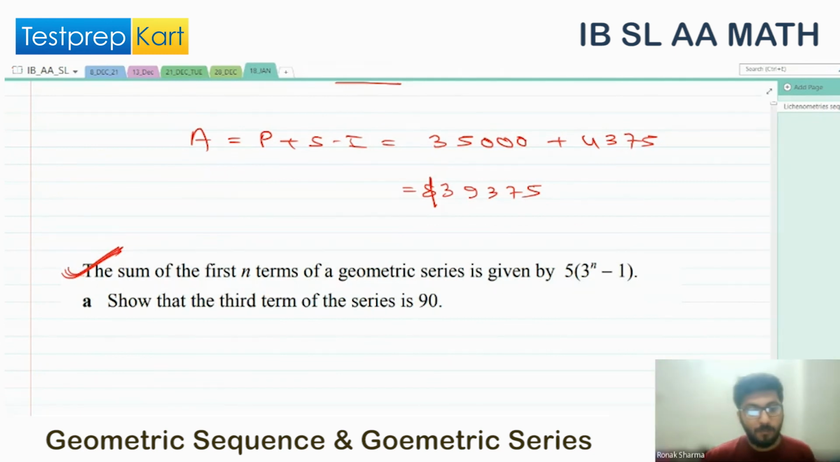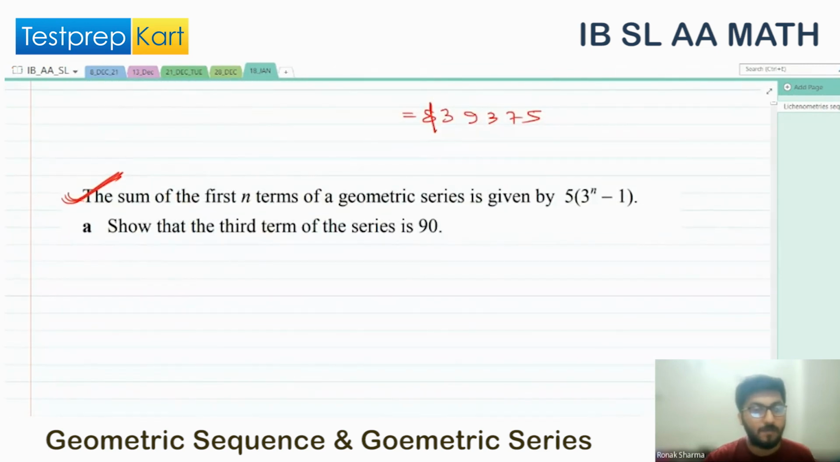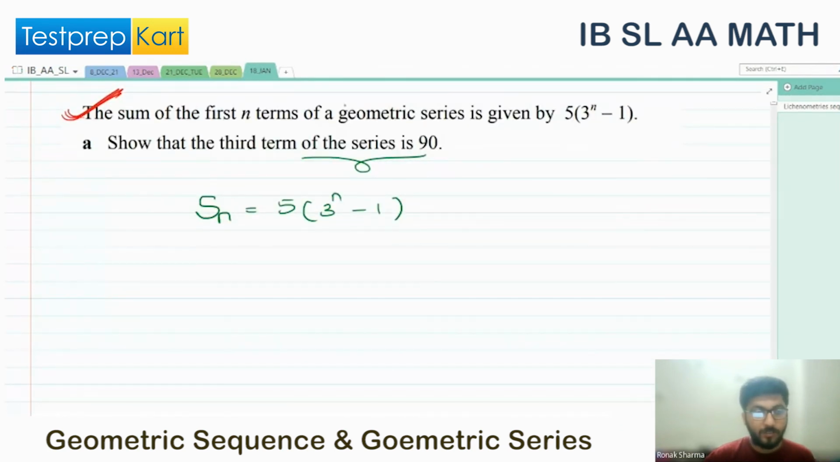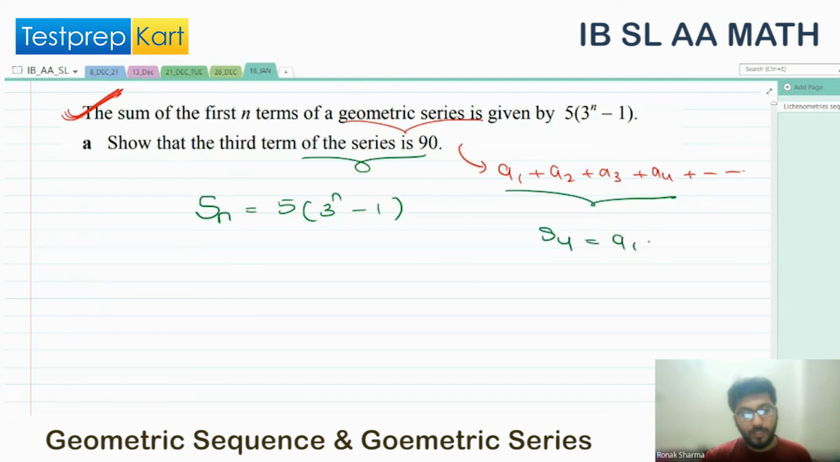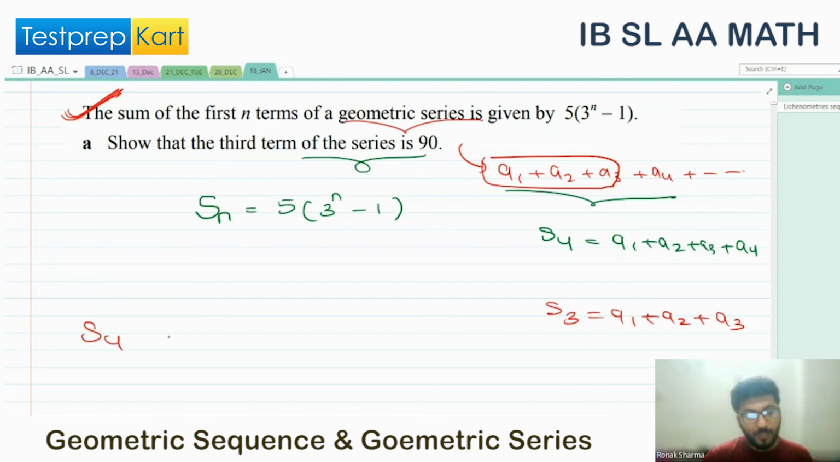Basically they're asking that the sum of the n terms of a geometric series is given by 5 times 3 power n minus 1. Show that the third term of the series is 90. So Sn is given by 5 times 3 power n minus 1. Now try to imagine a geometric series with a first term, second term, third term, fourth term. If I take S4, I'm doing A1 plus A2 plus A3 plus A4. And S3, the sum of three terms, is A1 plus A2 plus A3. If I take the difference S4 minus S3,